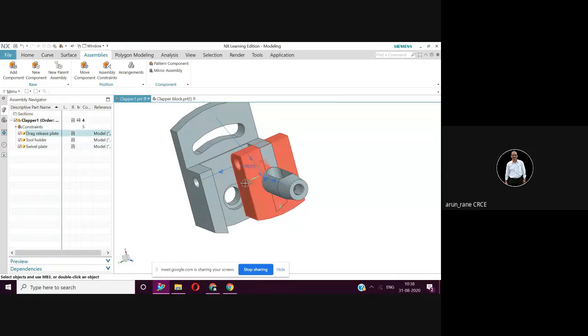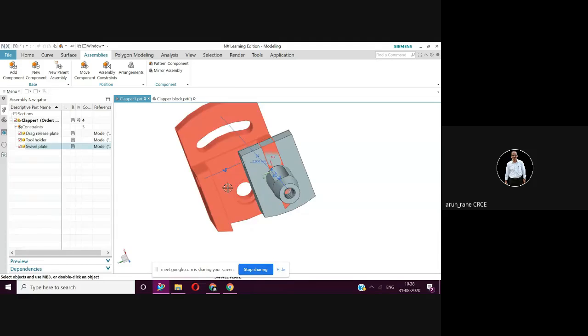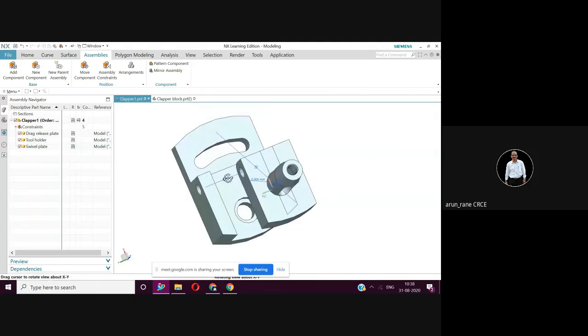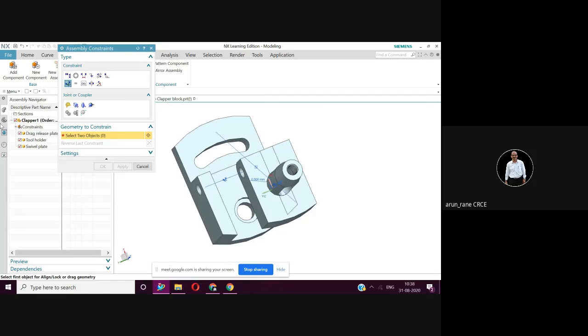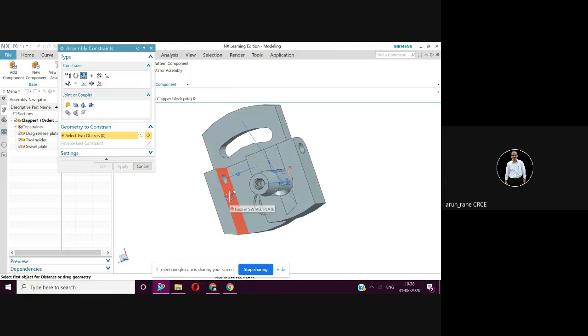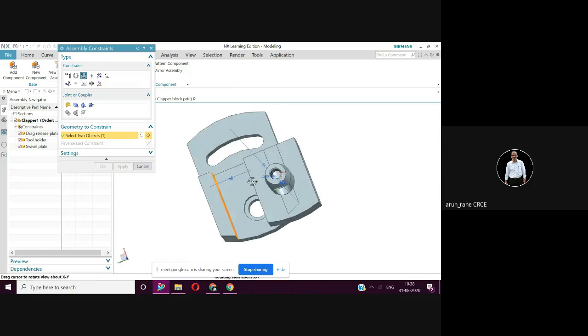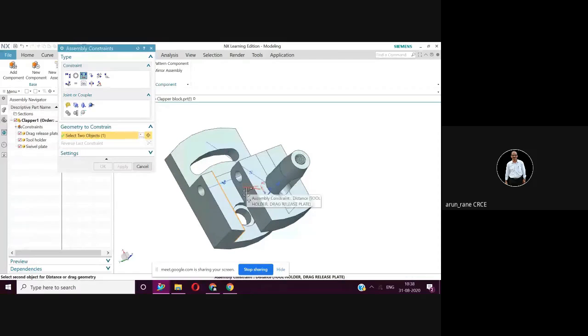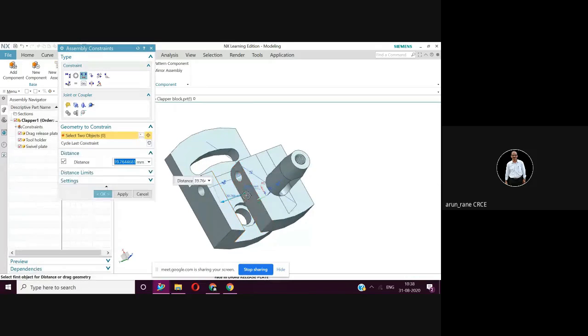Now this distance, that distance as I told earlier is 1 mm. So again go to assembly constraints, select the option distance, then first we'll select this face, then select this face, facing the drag release plate.